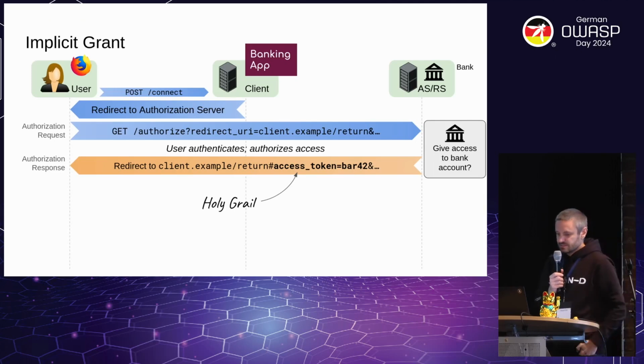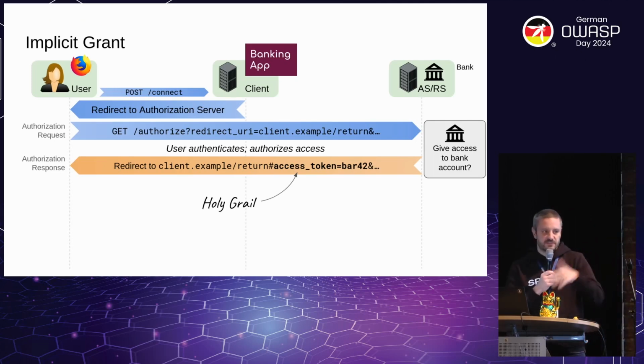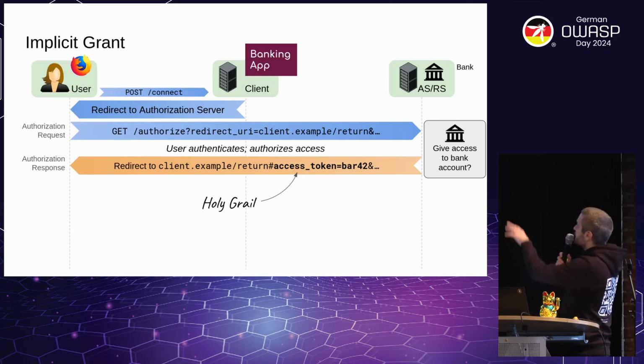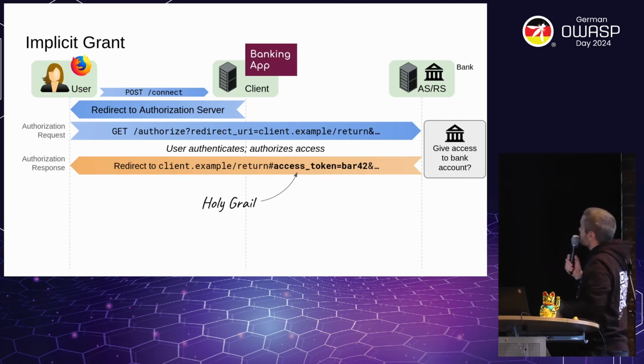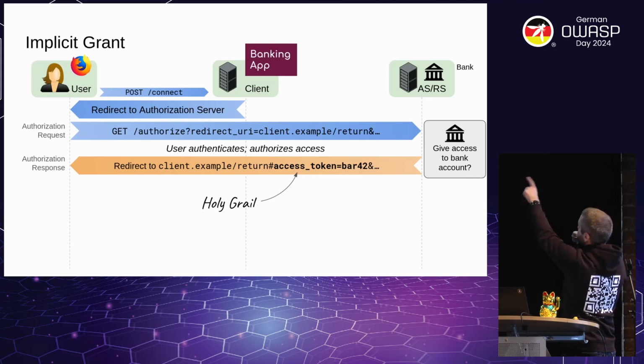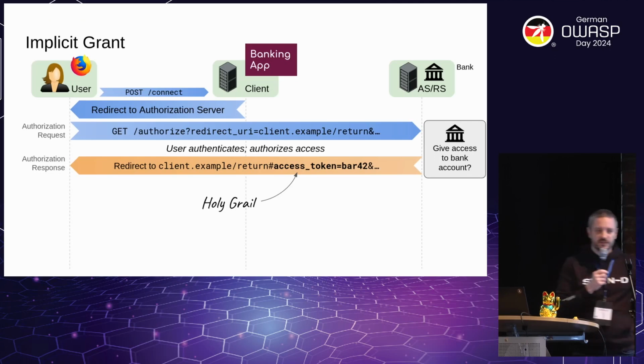And then that's exactly what the client does. So usually it's just an HTTP redirect. So the authorization request is then sent from the user's browser, usually to the bank, to the authorization server. It contains a bunch of stuff like a redirect URI, which tells you where the response should be delivered, a couple of other parameters identifying the client, and so on.